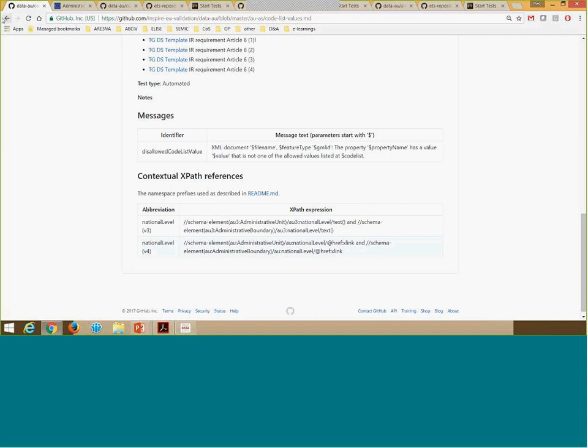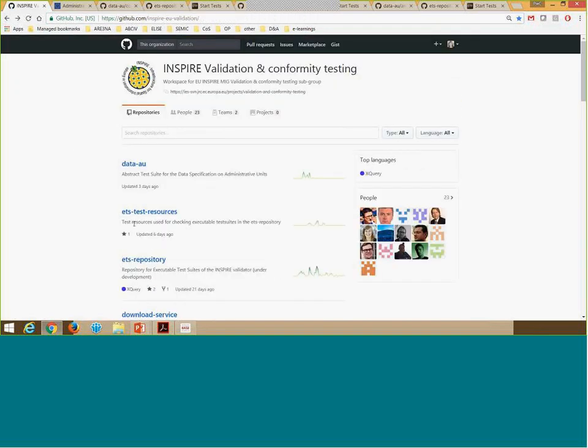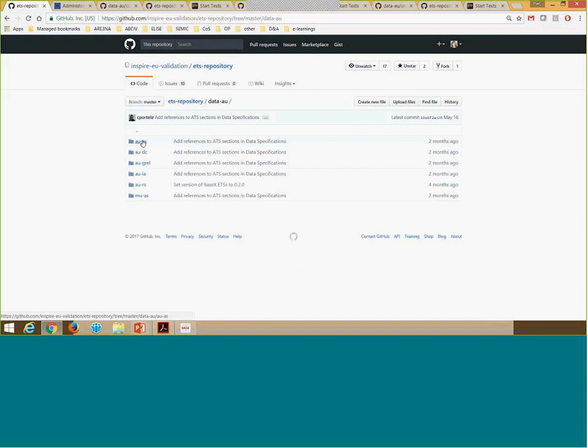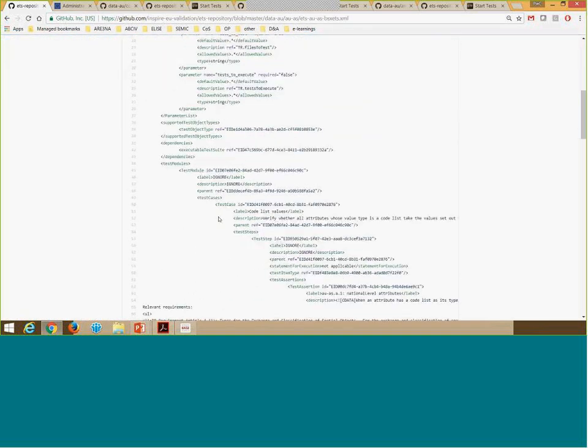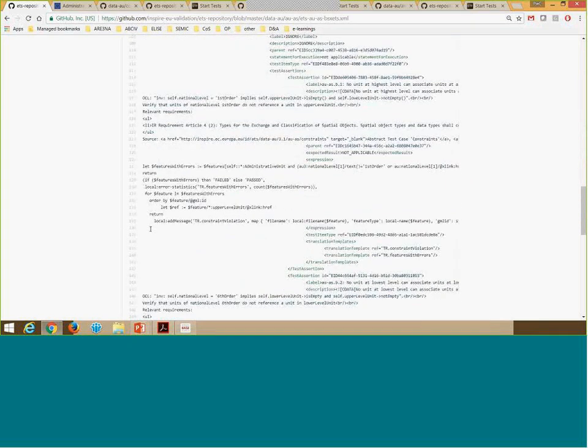This is then translated into the executable test suite. So if I go to the repository, here I can find all the executable test suites. If I go to the administrative units, you can see that here it is translated into actual code that can be run on a computer and do the test automatically.